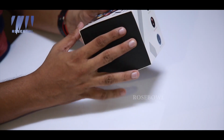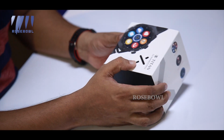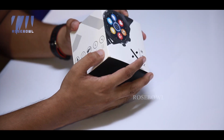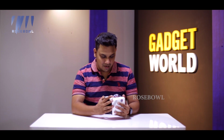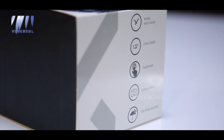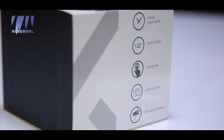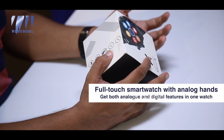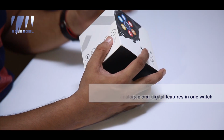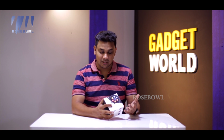The Titan Connected X comes with this cube kind of a box which looks pretty, and the branding is given here, and on the sides it lists out all the features. One thing which is very interesting, I was planning to tell this after unboxing it, but since they have already mentioned it, we'll mention it here. It has two analog watch hands, which means that you actually have two physical needles. So you don't have to keep the screen on all the time. Even if the watch screen is off, or even if your battery runs down, you will still have these analog needles running all the time,